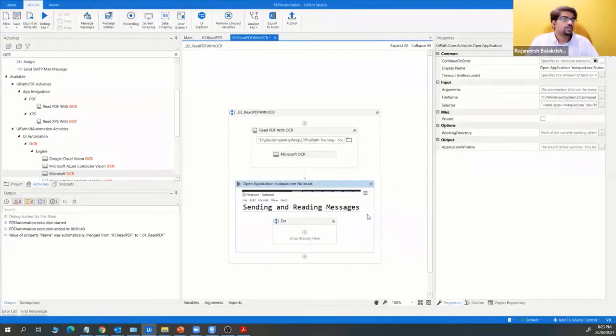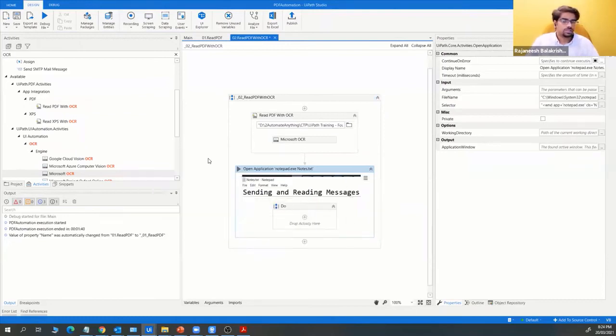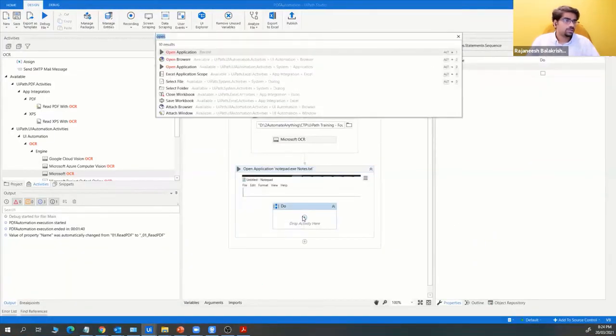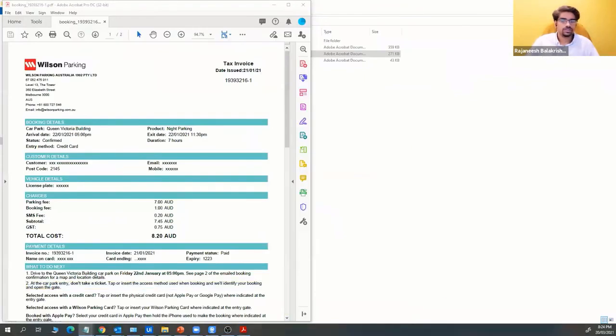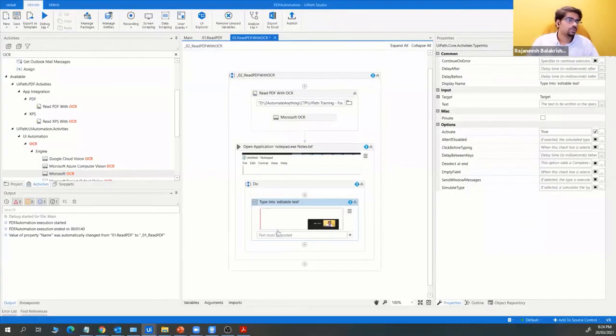Don't worry, I have a Notepad open in another window, so it will open a Notepad. And then type into. So you have the variable and you have the data ready. So I am going to type into this Notepad with the output text.